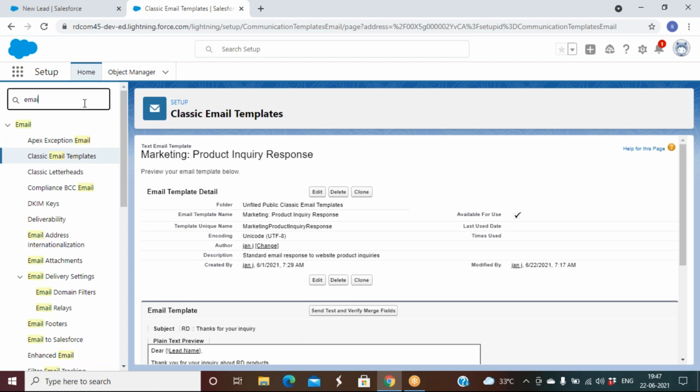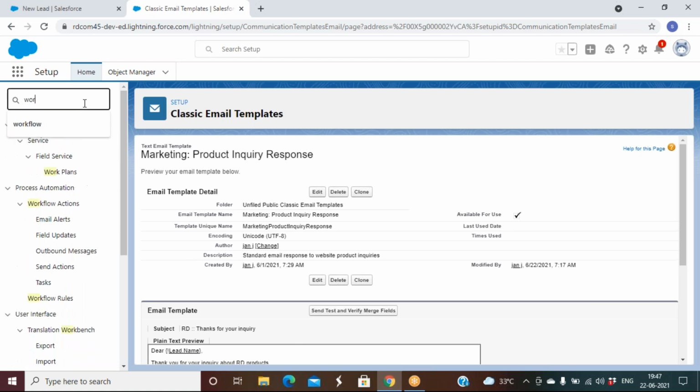Now go and write the workflow. My email template is ready. Let's go and write the workflow.